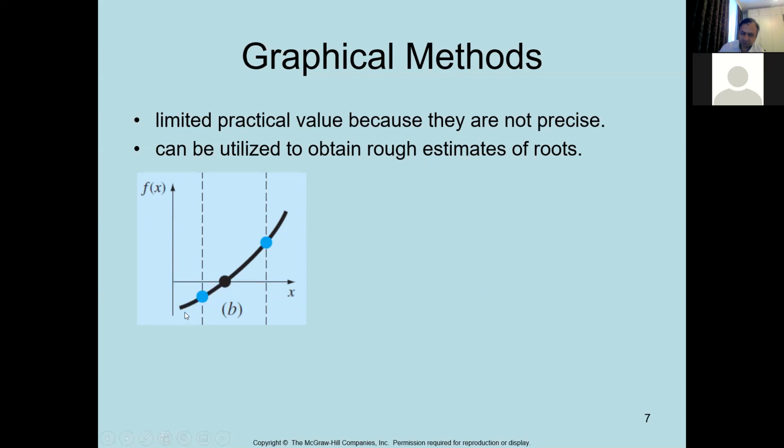It is an increasing function from negative to positive value, from some lower point to an upper point. So the lower and upper points are represented by these blue dots, and the intersection with the x-axis has been represented by the